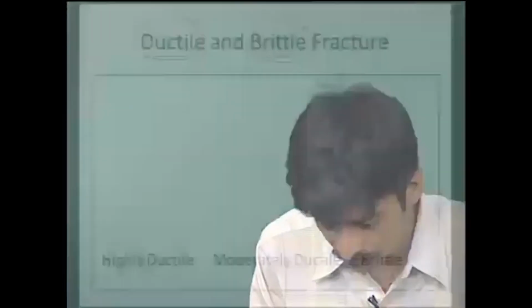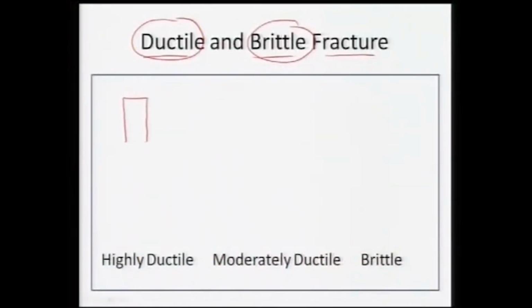So, what happens if I take a small piece of material and I start applying a tensile load. I can have a ductile material, a moderately ductile material, and then I can also have a brittle material. Let me say the initial cross sections of all three materials are the same. So, in a highly ductile material, what will happen? The material will start necking at a certain stage, and eventually it will fracture at a single point. So, this is the fracture point in the case of a very highly ductile material.